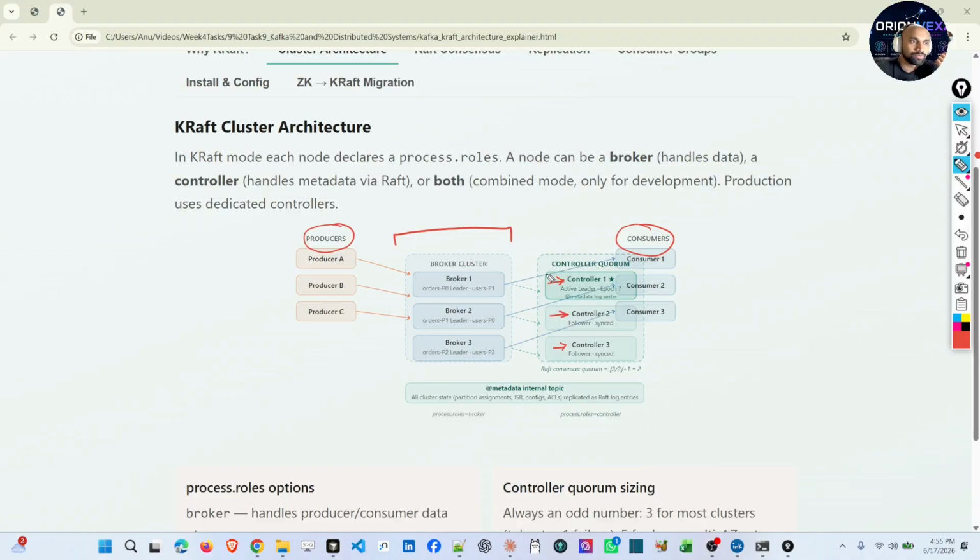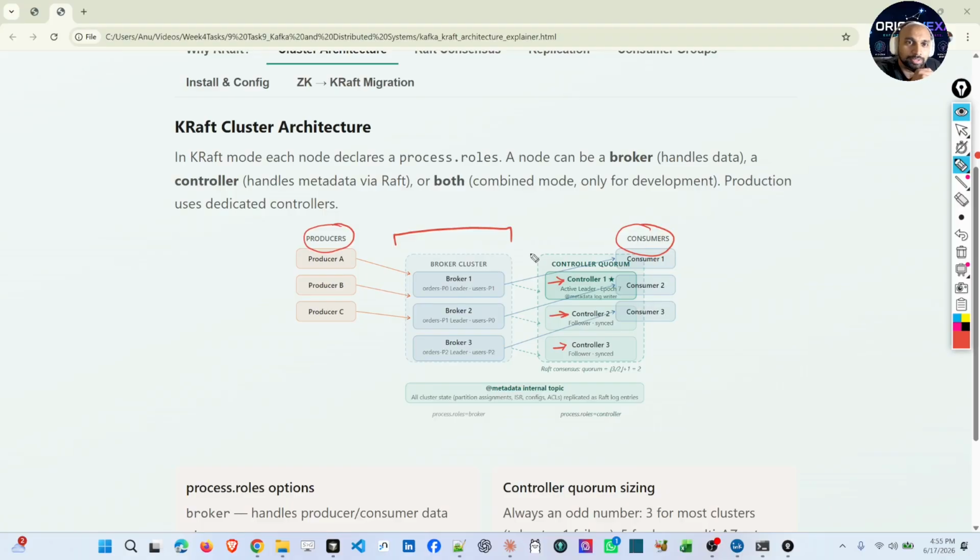What is the benefit of the controller using KRaft instead of Zookeeper? The latency is minimized, because earlier Kafka had to go out of its service line and get all its metadata from Zookeeper. Now all the metadata about the Kafka service resides in Kafka itself as a separate topic, so whenever a failover or leader election happens, the process is very fast.